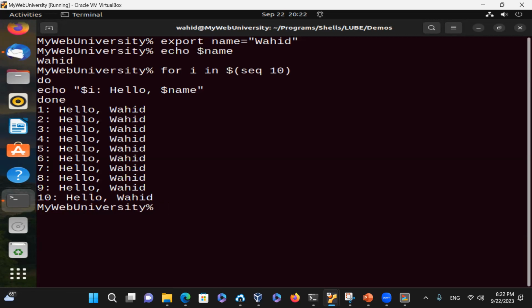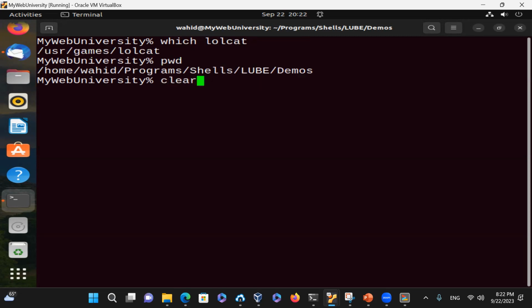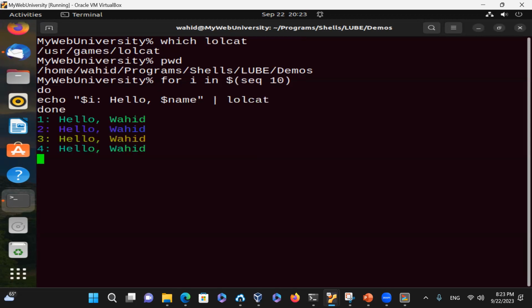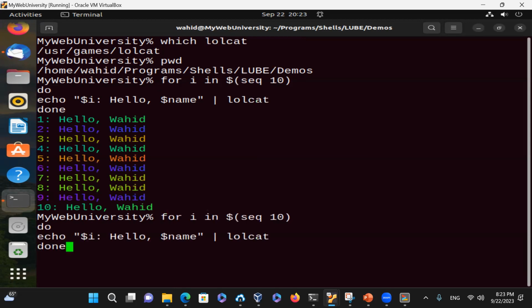And if you decide to use a lolcat command or something, let's see which lolcat. Sorry, clear screen. Which lolcat. It is there. So if I just want to use the same command, instead of doing this one, hello, you can also pipe it to lolcat, and then it will print it in different colors as you do. And if you change the string instead of hello name, you say